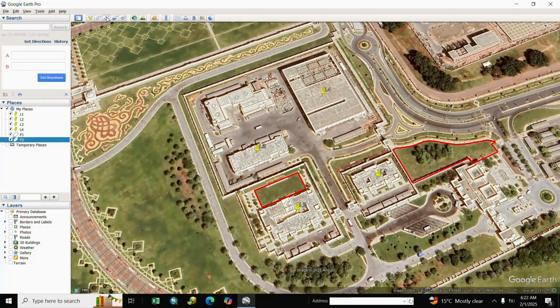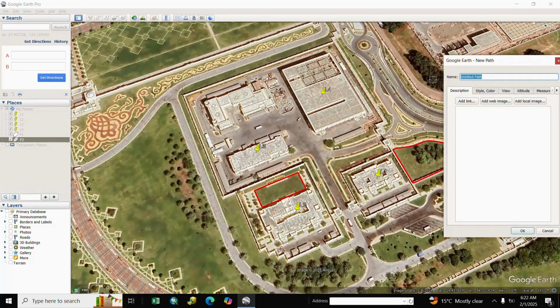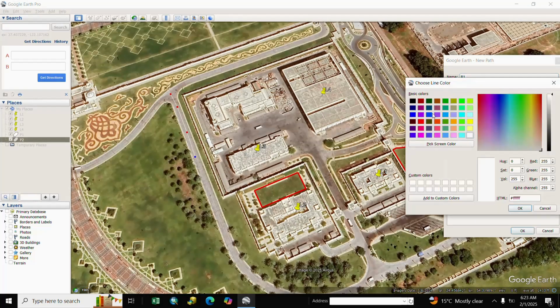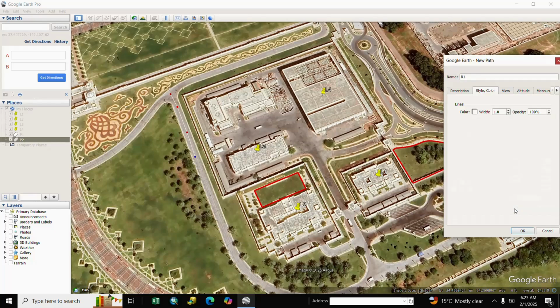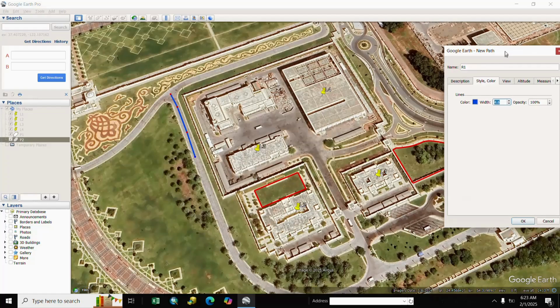So we go to add path, write here R1, meaning road 1, and if you want to change color, go to style and select a color and adjust the width as per your requirement and start again.